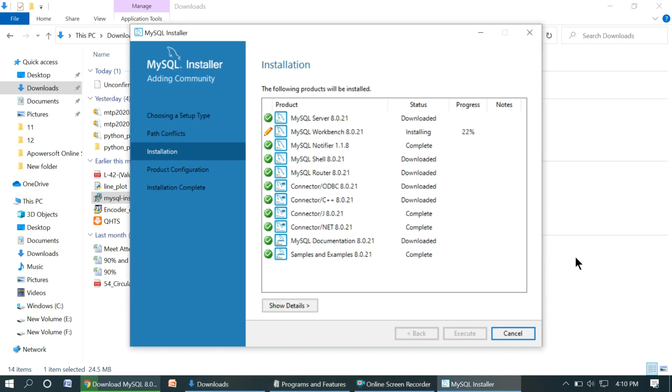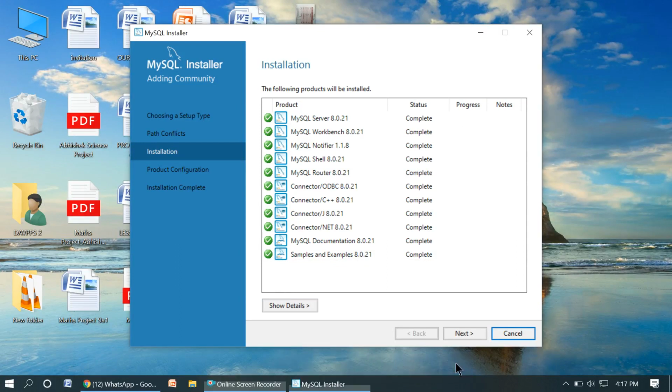Now you can see that a few are downloaded, a few are installing, and a few are complete. So we have to wait until all are completed, right? Now you can see that all options are complete.